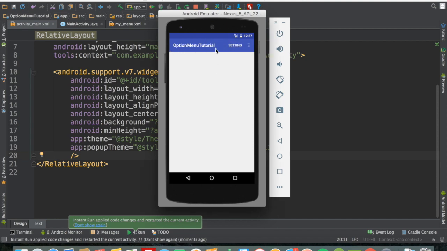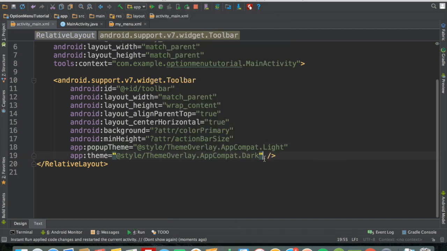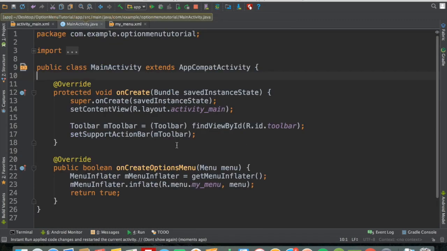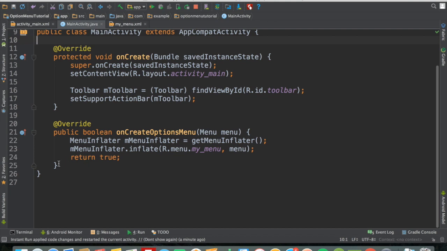So we have the title, the text is white, and when you click on the 3 dots, we have the background black. That's fine. That's what you want, right? Okay, that's good. Now if you go back to the app again, when we click on that, it doesn't perform any action, right? So let's do that now. We'll go to the main activity, and then outside of the onCreateOptionsMenu,